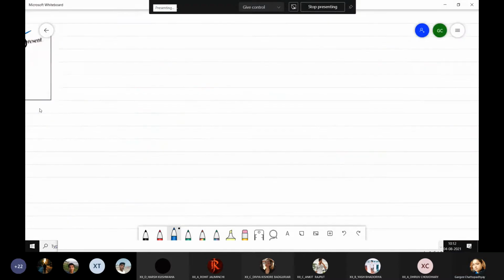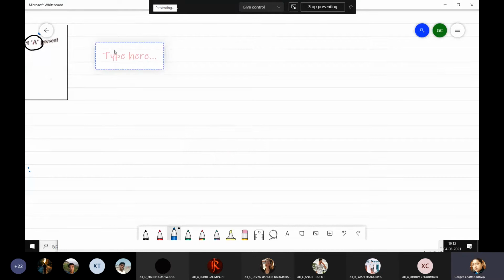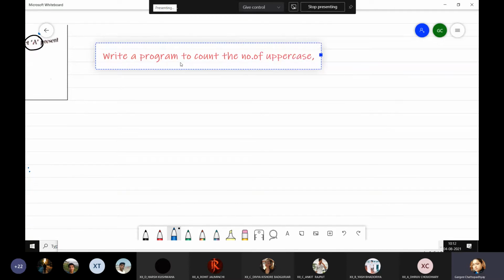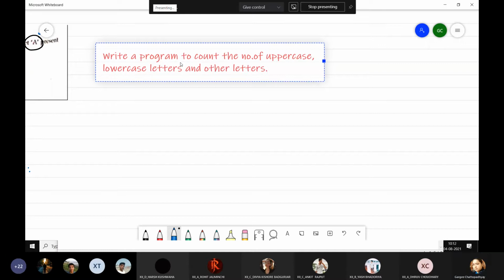The question will be like this: write a program to count the number of uppercase, lowercase letters and other letters. So you have to just count those letters.